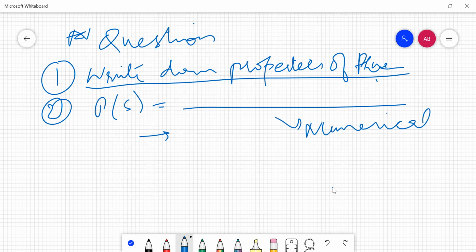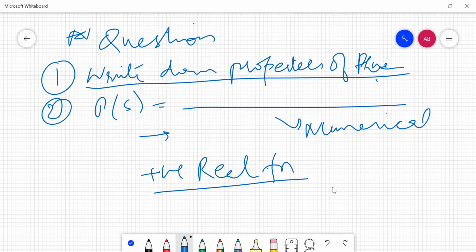So thank you so much for this. In the next lecture, we are going to go for the properties of positive real functions and also the numericals based on that. For positive real functions, almost the same type of questions come. You will be asked in theory to write down the properties for a given function to be a positive real function, and you will be given a numerical and you need to calculate whether the given function is positive real or not. So that's all for now.